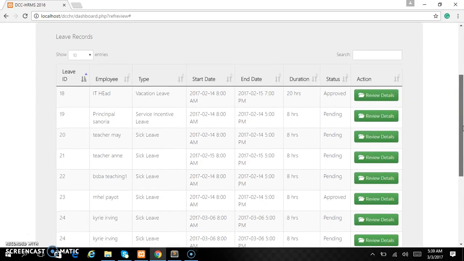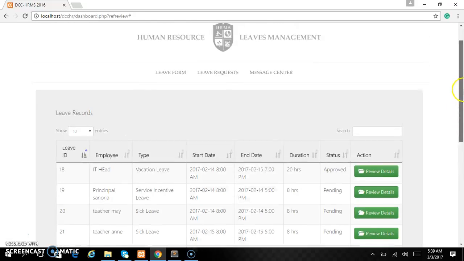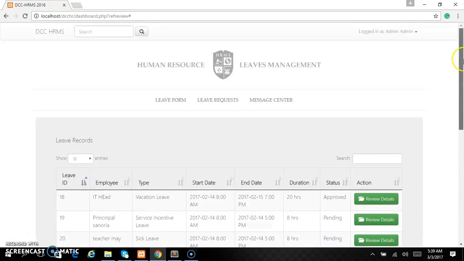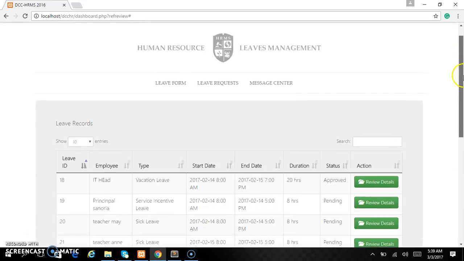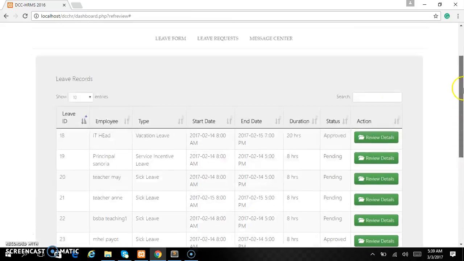If the teaching personnel will apply a leave, the approval of the president is not required. But if the head will apply a leave, the approval of the president is required.